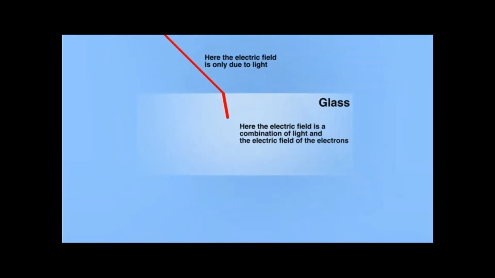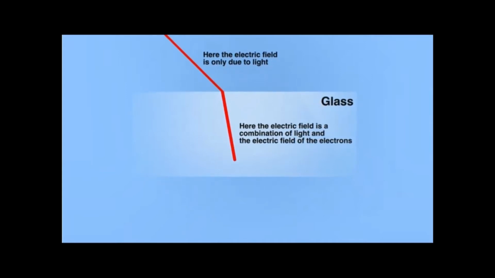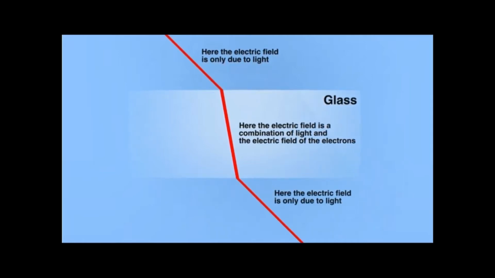Before light hits the glass, it travels at the speed of light in the vacuum. When it passes through the glass, the light causes the electrons to move and generate a second wave that adds to the light. Light still moves at the speed of light in the vacuum, but the wave from the electrons moves at a different speed, and the combined wave moves slower than light would if the atoms weren't there. Then, when light leaves the glass, there are no atoms around to make electric fields to add to the light, and then light speeds along at the preferred vacuum speed.